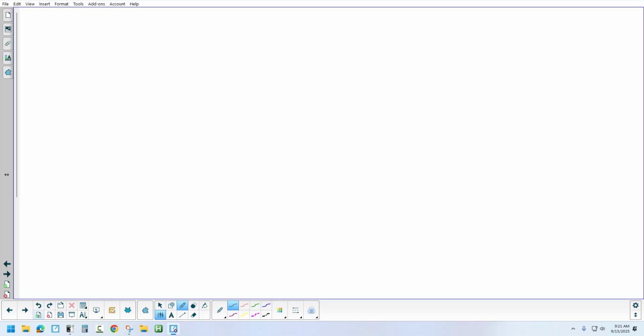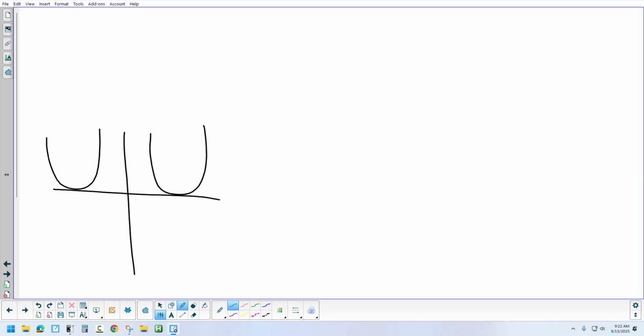Well, it's a parabola, right? So we know a parabola has to have what shape to it? I was just going to say the vertex has to be on 0, or on the x-axis. Right, the vertex has to be on the x-axis. That's the only way you can have a quadratic that would have one root. You could have a parabola like that, or one over here, or right there. But if a quadratic is only going to have one root, it needs to only be touching the